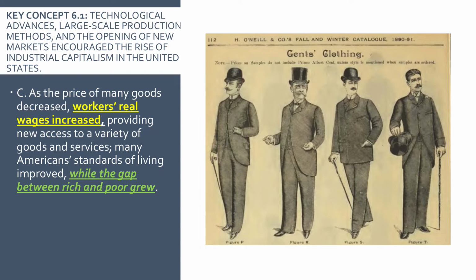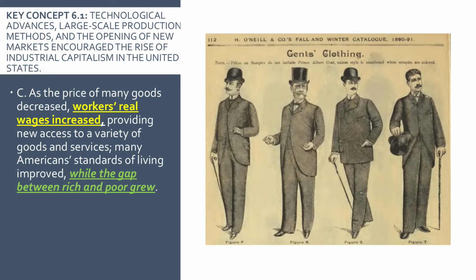Let's get into letter C here. We talked about advertisement, right? What is going to happen is the average workers, their real wages do start to increase. We're going to talk about the labor movements, how they help, but this growing middle class is also happening in America. The title of Mr. becomes extremely important to a lot of men at this time. They couldn't get the title of doctor or something else, but that title of Mr. becomes very important. And they want to start to dress like they have made it.